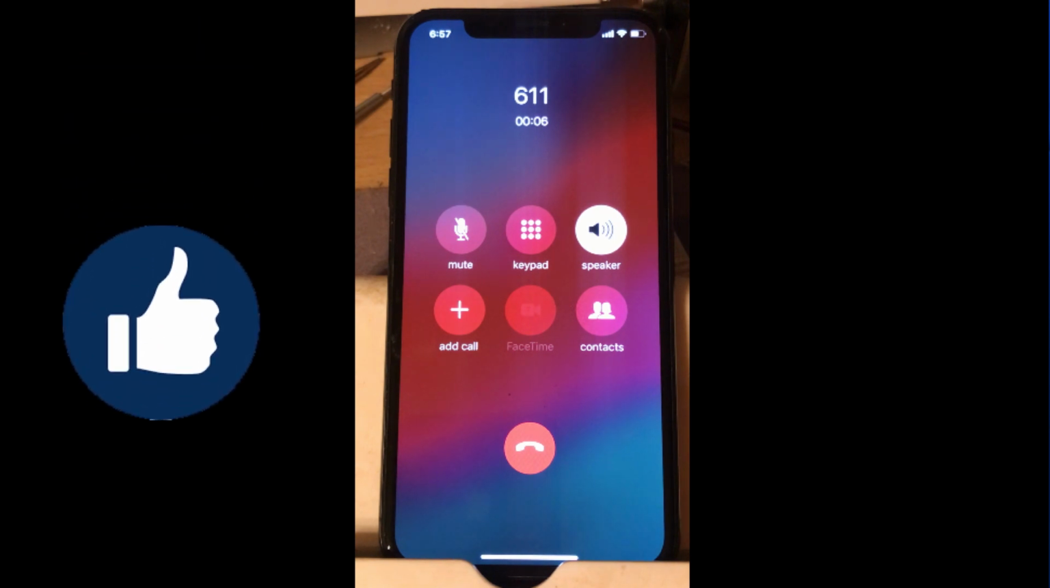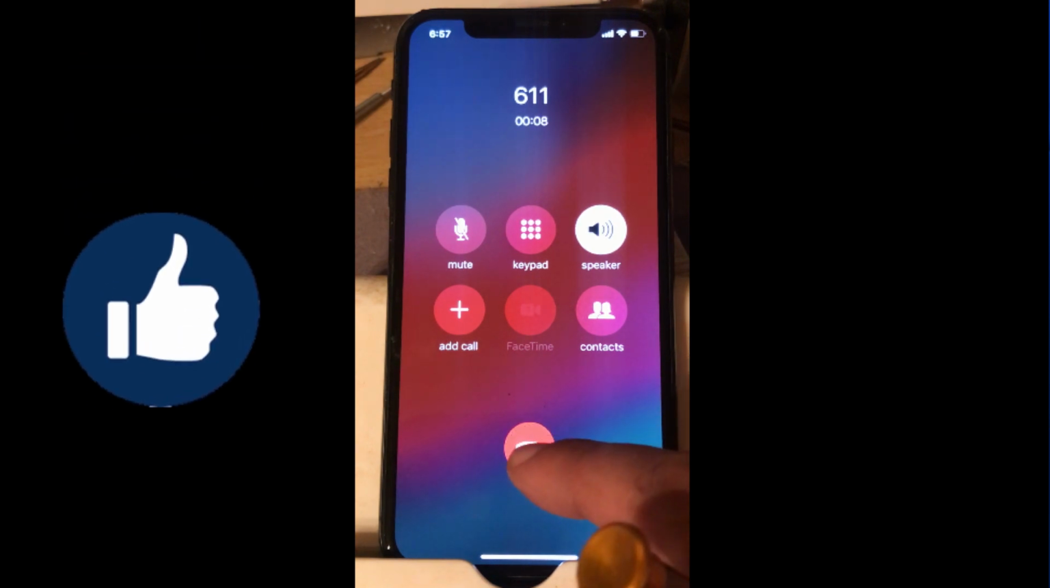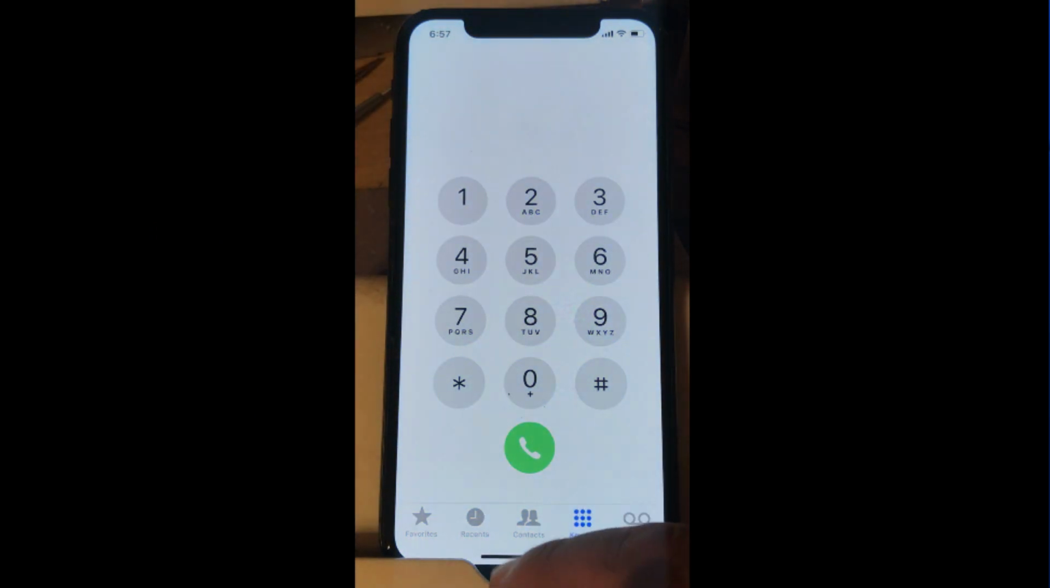Welcome to Cricket Wireless. In order to continually improve our service,